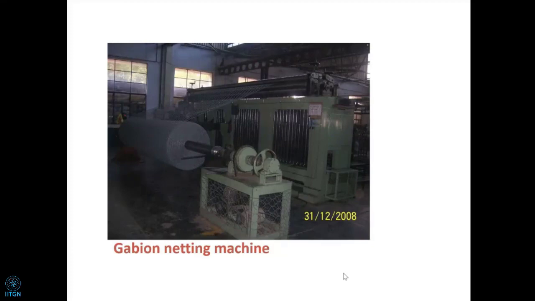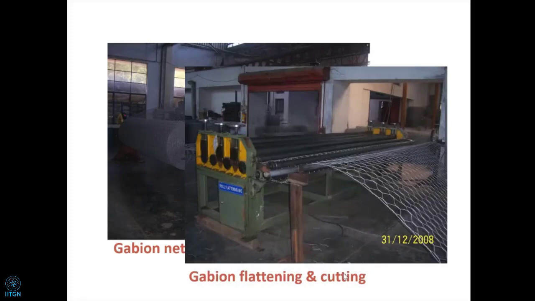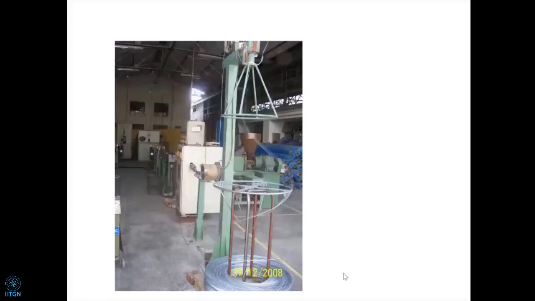I don't know whether it is very clear. See, now the sheets are produced. They are coming out of the machine. Initially, the wire is on a spool, which is zinc coated, that is, a galvanized wire, readily available from the market also. They are coated with PVC in a plant. That's what you see.